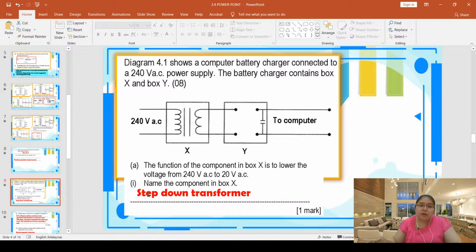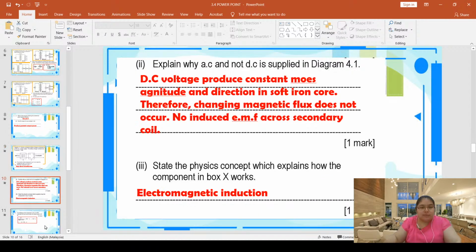So from here, the first one, A: the function of the component in box X is to lower the voltage from 240 to 20 volt. Name the component for X. X we know, this one is a step down transformer. We go to refer to the turns. The next one: explain why the AC is used and not a DC supply in 4.1. Why do we use AC? Why can't we use DC? Straightforward, go to the computer. So the answer is